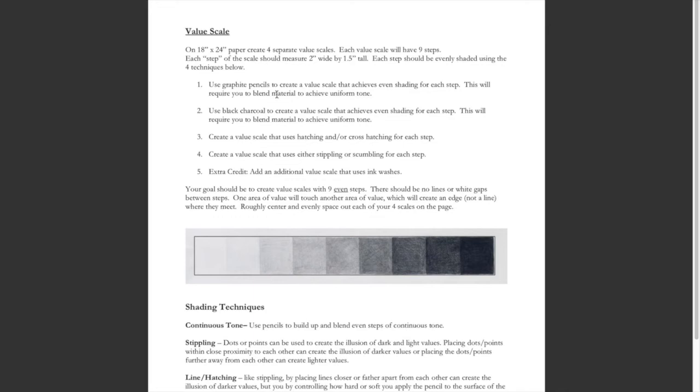You're going to be using 4 different techniques. The first is called continuous tone, and that's this one right here. You can look to the demo video and I'll show you how to do that, but basically you're going to be using graphite to create overlapping marks. The next is going to be done using black charcoal, and you're going to be blending that to create a